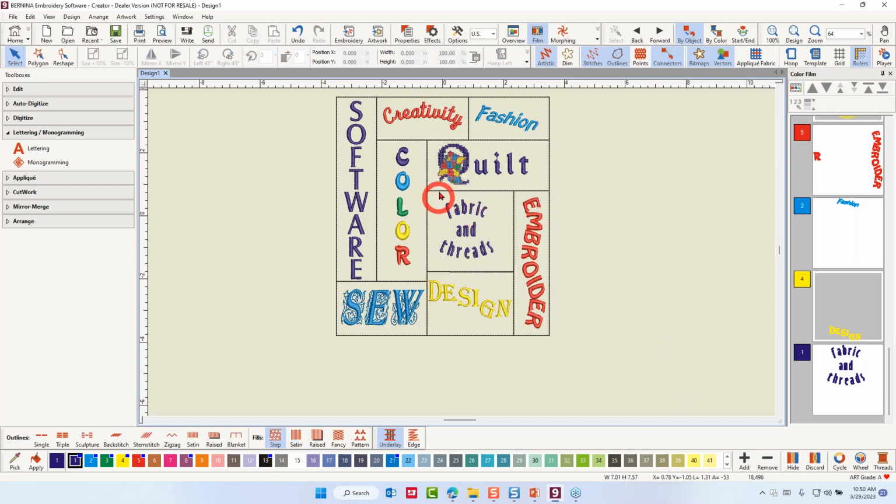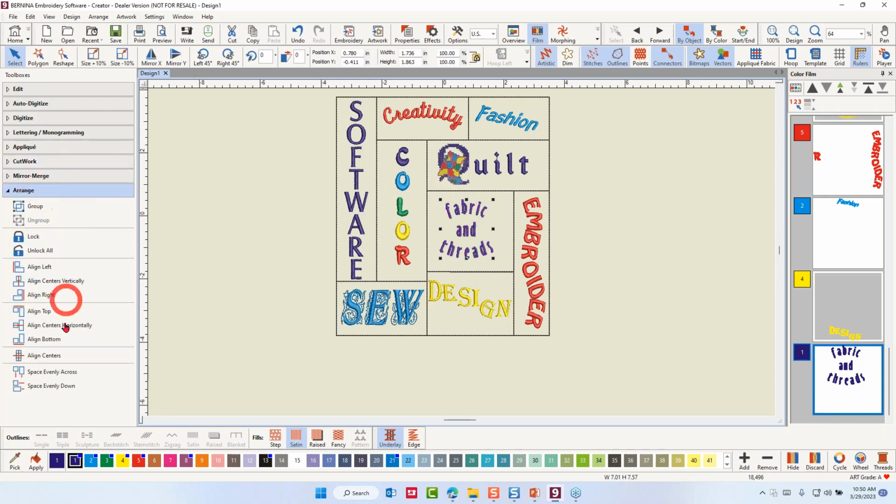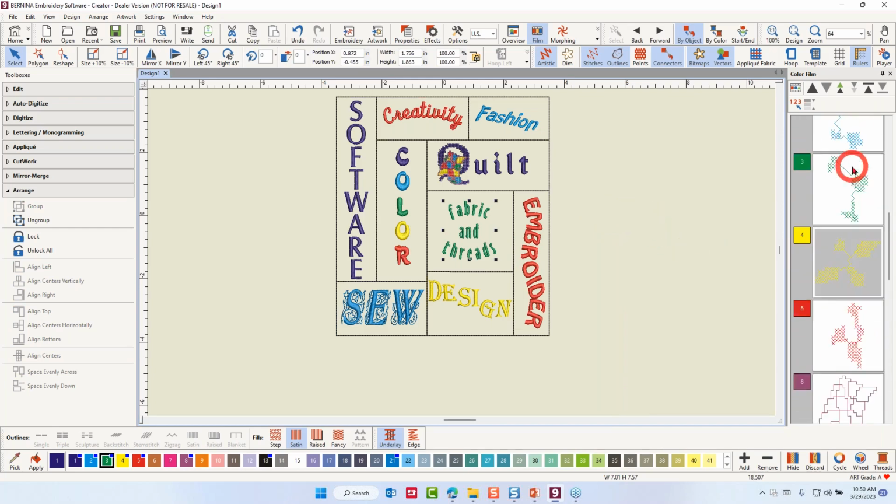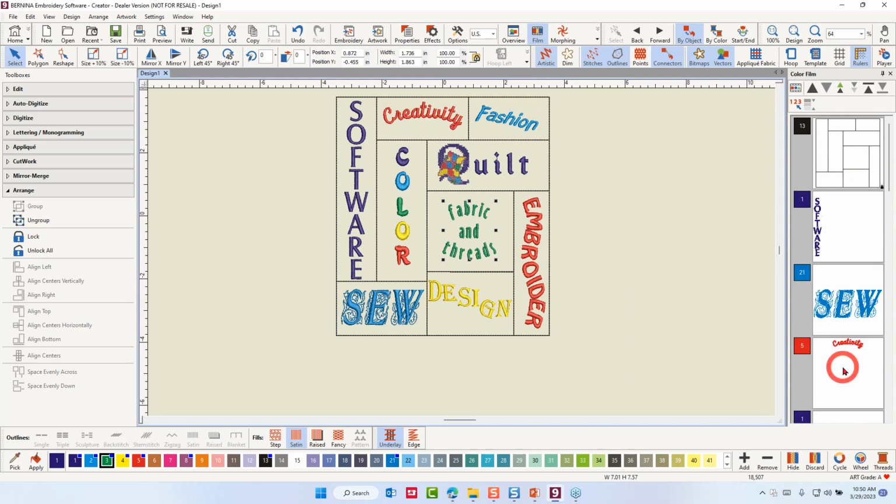I'll select them, and I'll go to the Arrange toolbox, space evenly down, and then while they're selected, change the color and group them together. And then I can move them into the center. Now, if you look over at color film, which is the docker over on the right-hand side,